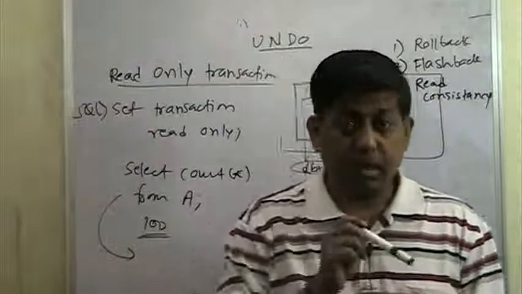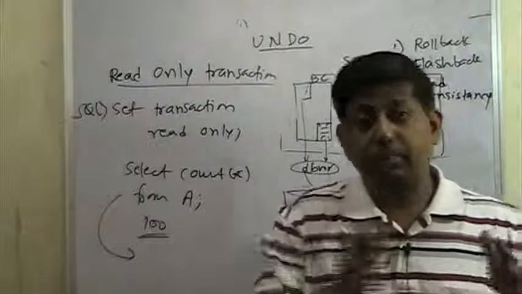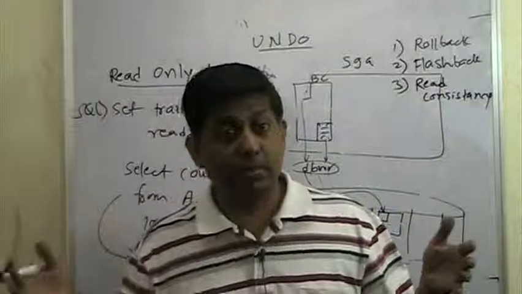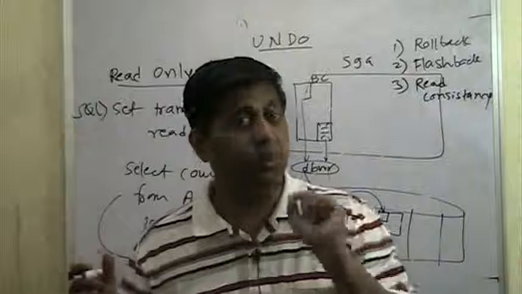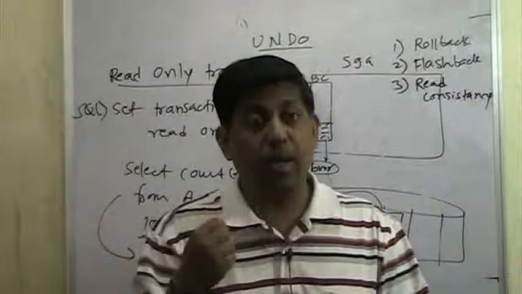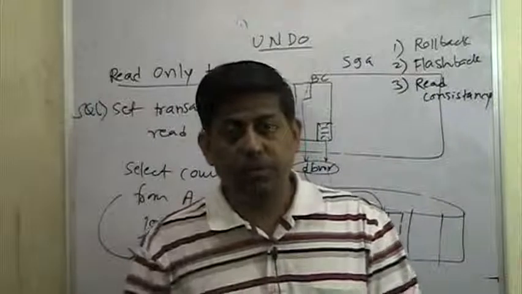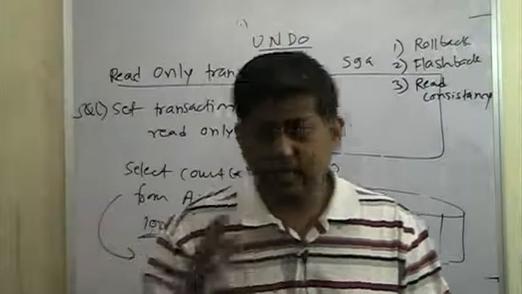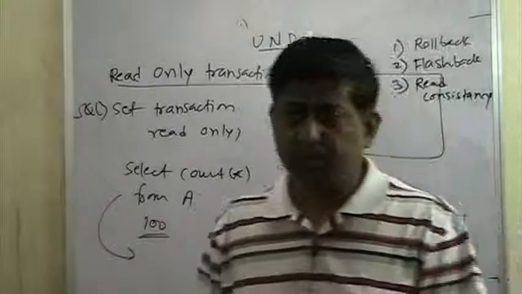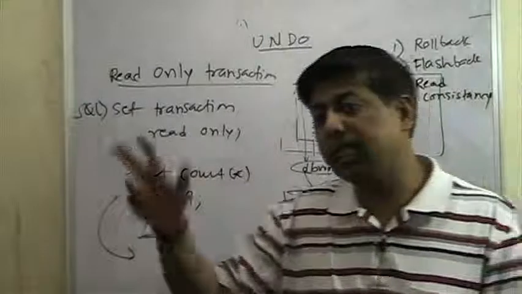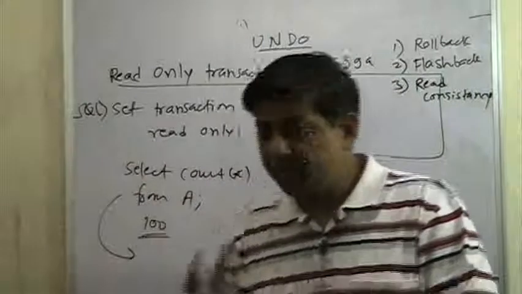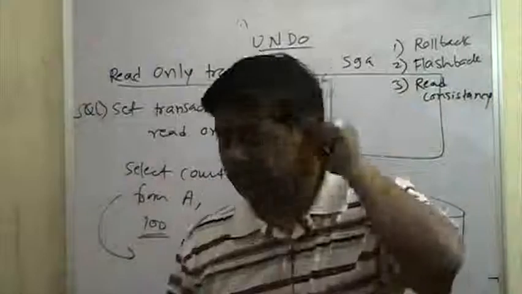But if I have not done a commit or a rollback, and I'm waiting for 2 hours, 3 hours, 10 hours, my undo will not be touched by anybody, because it is not expired yet. It is required for my rollback command. So undo will not be touched unless and until I finish my transaction. What is guaranteed is the expiration. After the expiration, the guarantee starts.